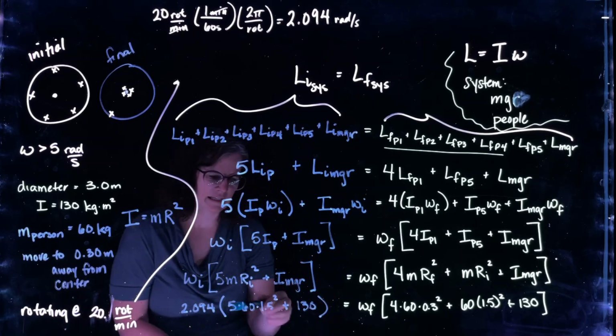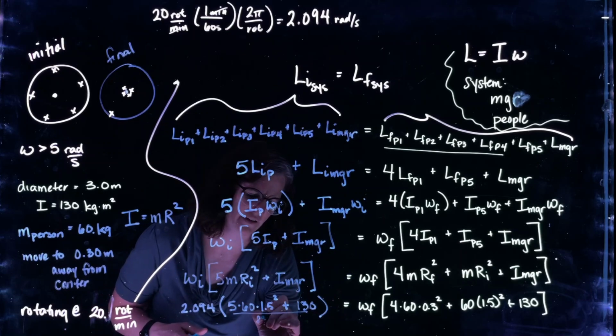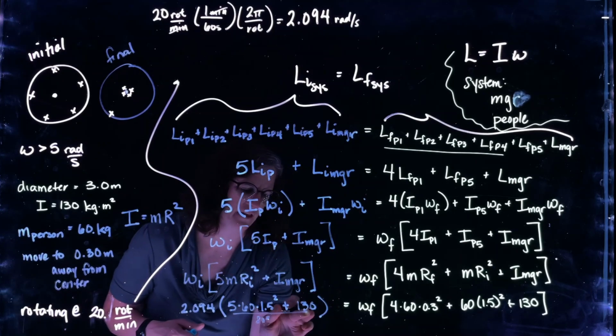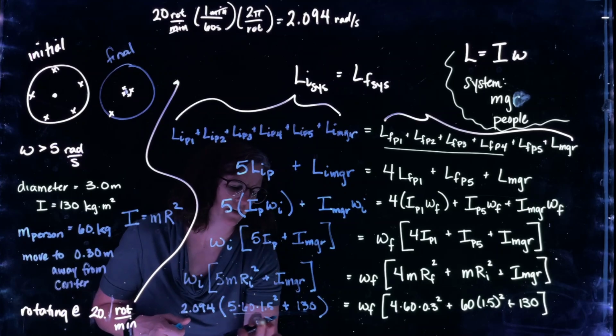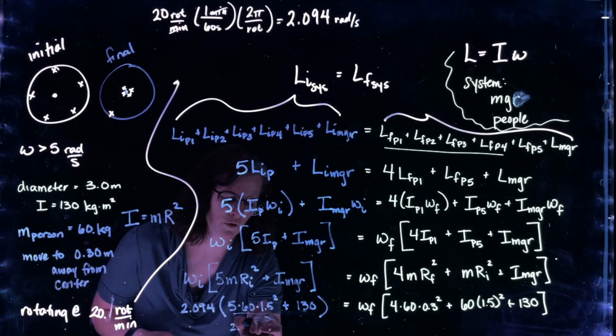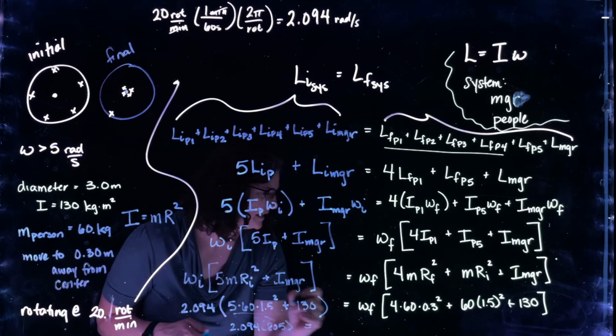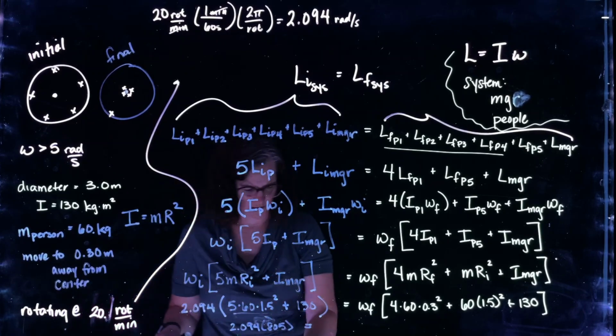So this is 805, and I don't want you to think I'm dividing. This is all 805. So we have 2.094 times 805. That equals, I think we're still okay on space,